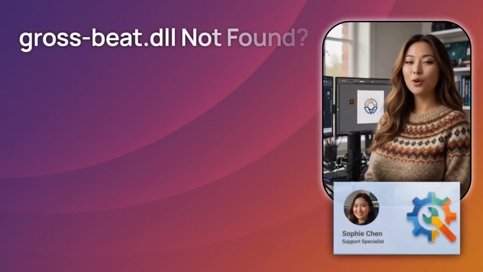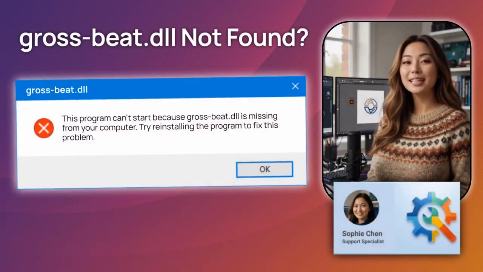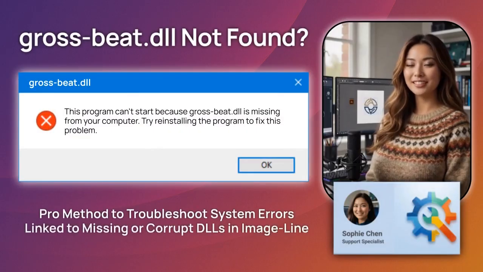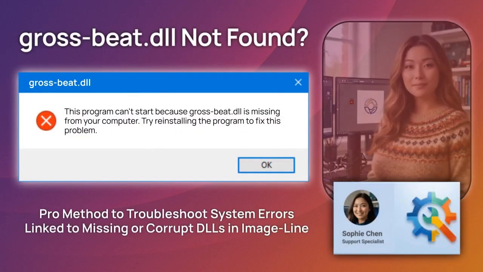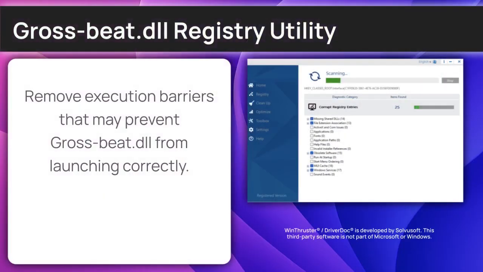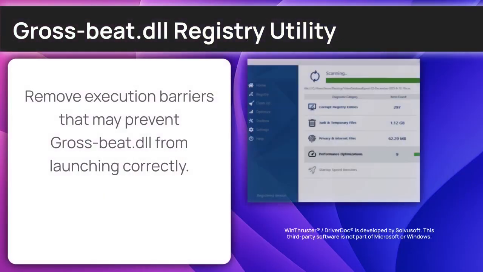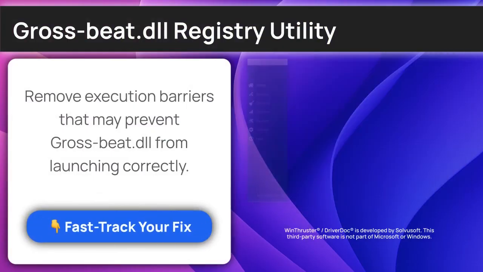System errors causing the Gross-beat audio effect DLL crashes in FL Studio. I'm Sophie Chen, a senior Windows support engineer. Let's troubleshoot the gap and automate the repair. To start the walkthrough for Gross-beat audio effect, you can use my manual guide or the suggested resource for system